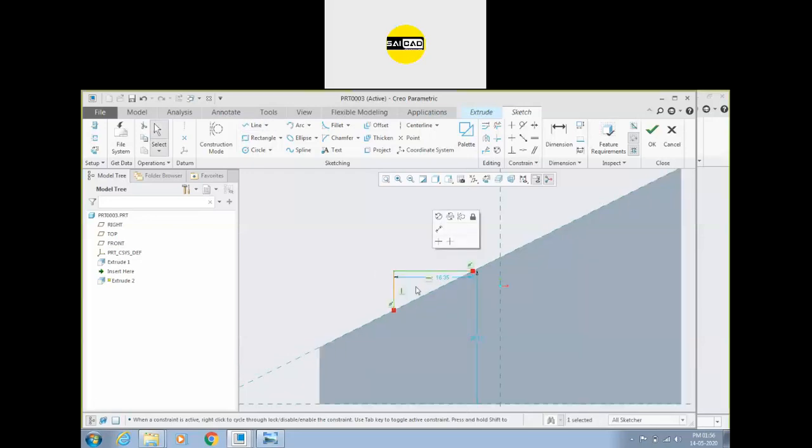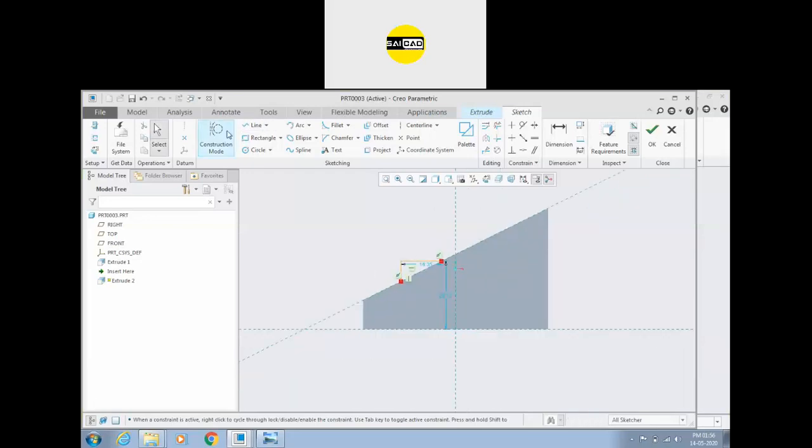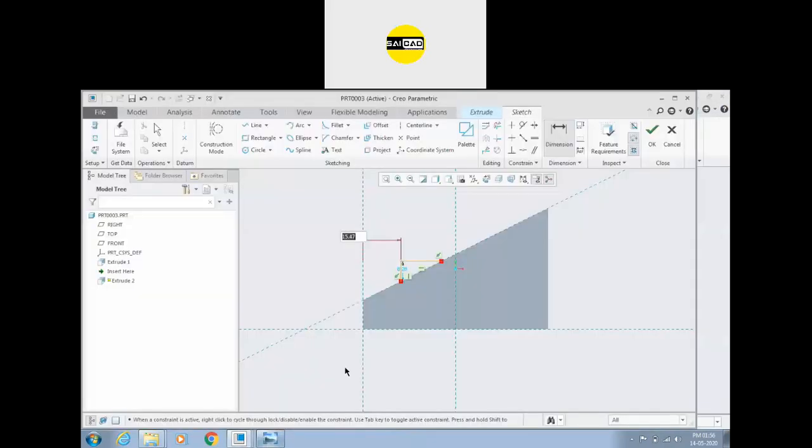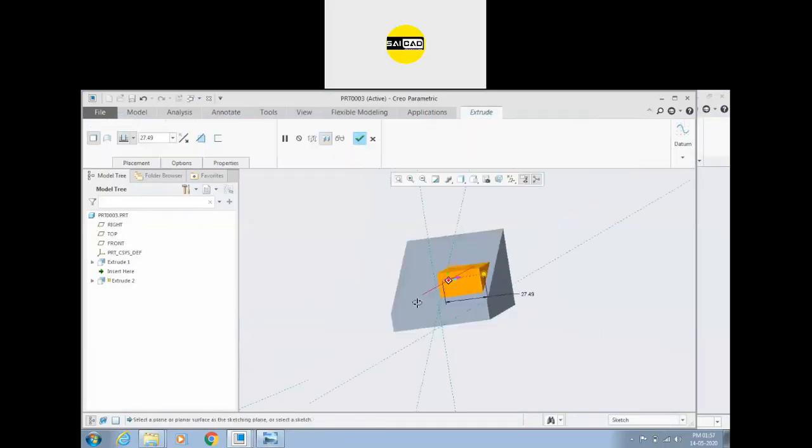So this line is horizontal, this line is vertical, and the distance we have is from this edge to this edge, that is 10. Okay, this gap is 10 millimeter, and this height from the bottom is 33. Just create a line here like this and just complete.